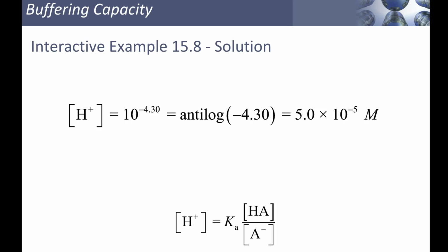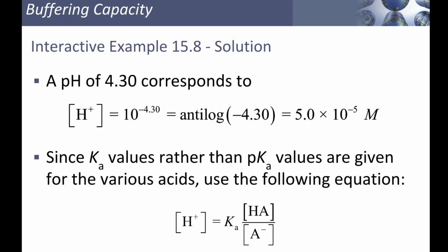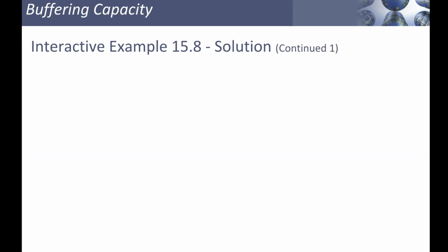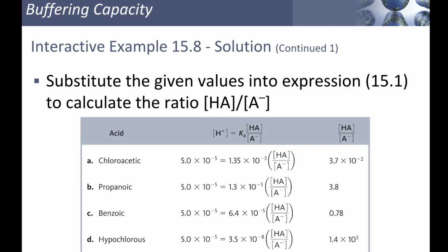Why can't you use the Henderson-Hasselbalch? You are, you're just removing the P's. Can't you just use the pH though? You can, and that's what you're doing, but you want a ratio. You know that pH is equal to pKa plus log of base over acid. So basically you're getting rid of the logs and the P's, and you're just saying